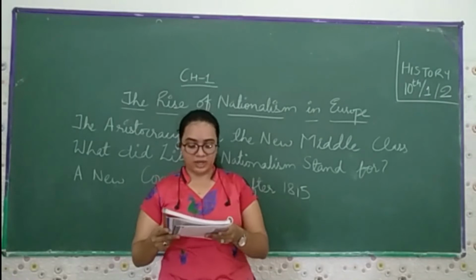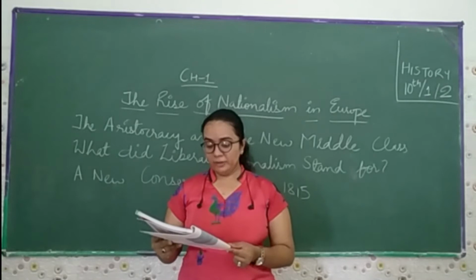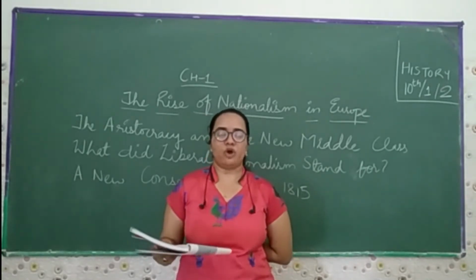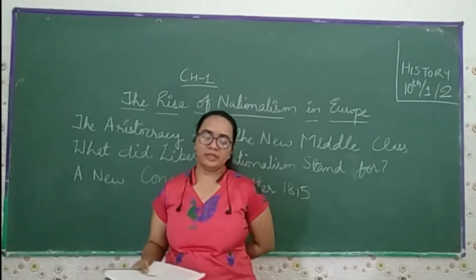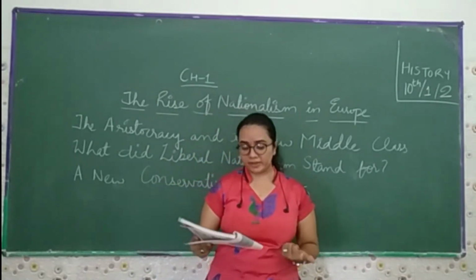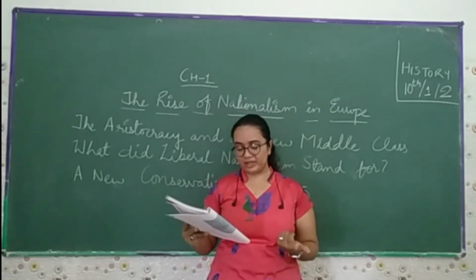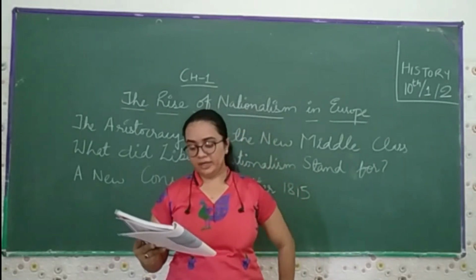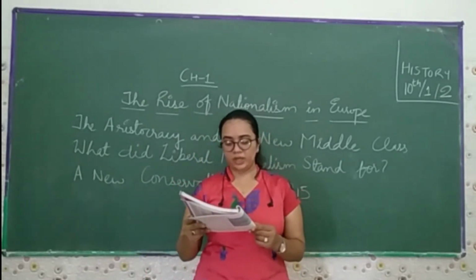Politically, it emphasized the concept of government by consent. Since the French Revolution, liberalism has stood for the end of autocracy. Autocracy means there are no longer royal people or kings or dictators who have the right to own our country, because now we become a republic. So liberalism stood for the end of autocracy and clerical privileges, and a constitutional representative government through parliament. 19th century liberals also stressed the inviolability of private property.